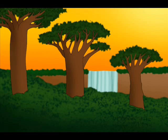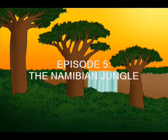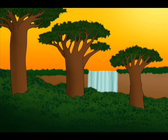Episode 5, The Namibian Jungle. Location: Waterberg Plateau National Park, 68 kilometers southeast of Otjiwarongo, northeast of Namibia, 70 million years after the extinction of